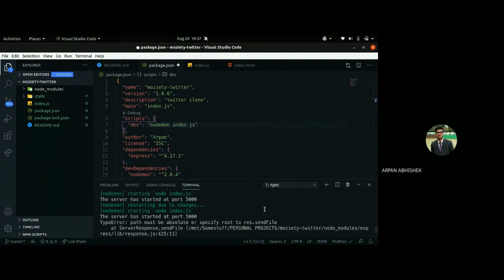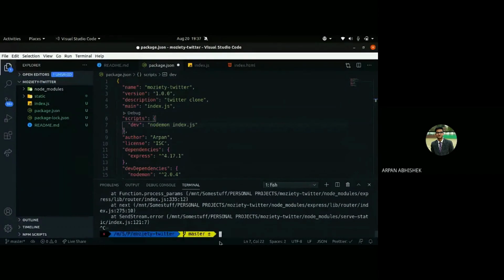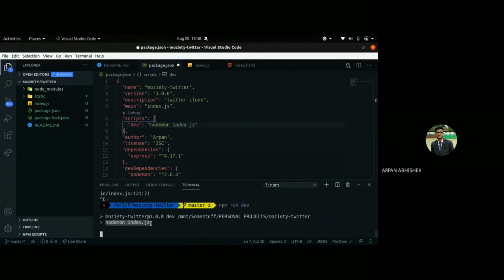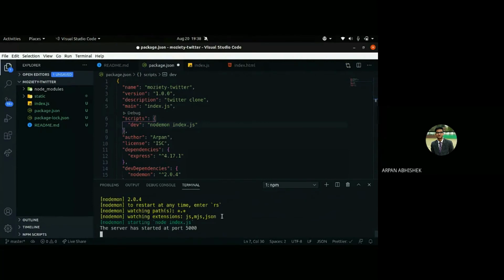Basically, we will run nodemon index.js. Actually, this won't work without npm because we have installed it for this project, not globally. So we have to use npm to do that. We just told npm that whenever we run npm run dev, it should run this script inside that project directory. And that's how it ran nodemon index.js. I hope that's clear.